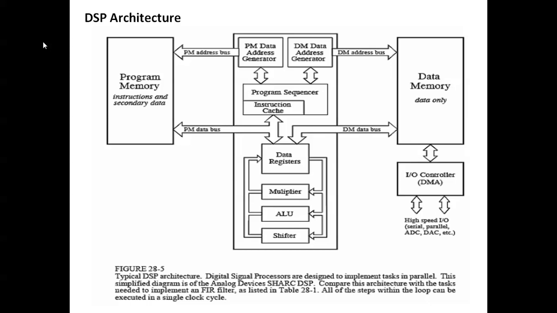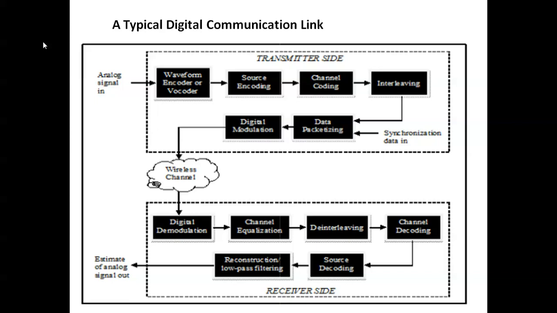DSP architecture. So first we have already seen the introduction part. This one is a basic typical communication link: analog input, then encoder and source encoding, channel encoding, then data packetizing, digital modulation. Then in between there is wireless communication. Then again digital demodulation, channel equalization, channel decoding and reconstruction of source coding, and reconstruction filter, and finally we get